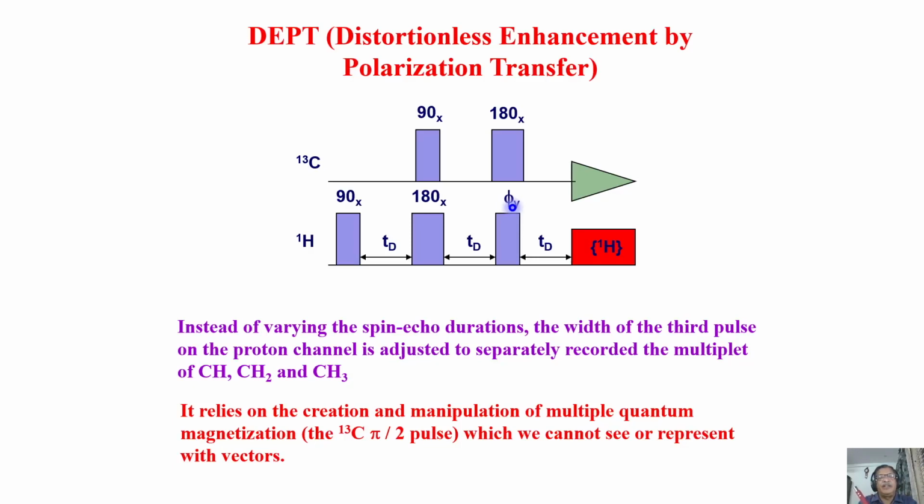This is called 45 degrees. You can bring it to the x-axis. This is called 90 degrees. You can take it further down, to 135 degrees or 180 degrees, like that. You can play with the magnetization depending upon the pulses. Here the phi pulse is the pulse whose flip angle can be varied. It is in our hands.